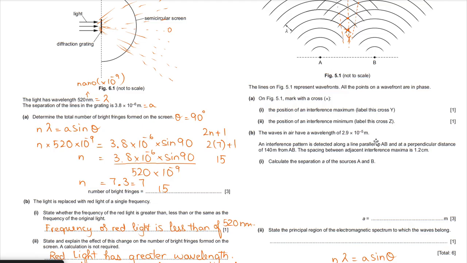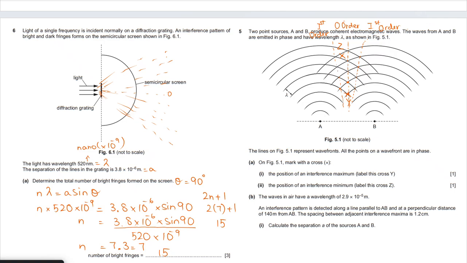The waves in air have a wavelength of this. An interference pattern is detected along a line parallel to AB and at a perpendicular distance of 140 centimeter from AB. So basically वो आपको कहते हैं कि ये इंटरफेरेंस फिनोमेना ही हो रहा है, ठीक है, सामने एक स्क्रीन लगी हुई है, और कहते हैं कि perpendicular distance of 140 मीटर from AB। सो AB से परपेंडिकुलर डिस्टेंस ये बनता है।